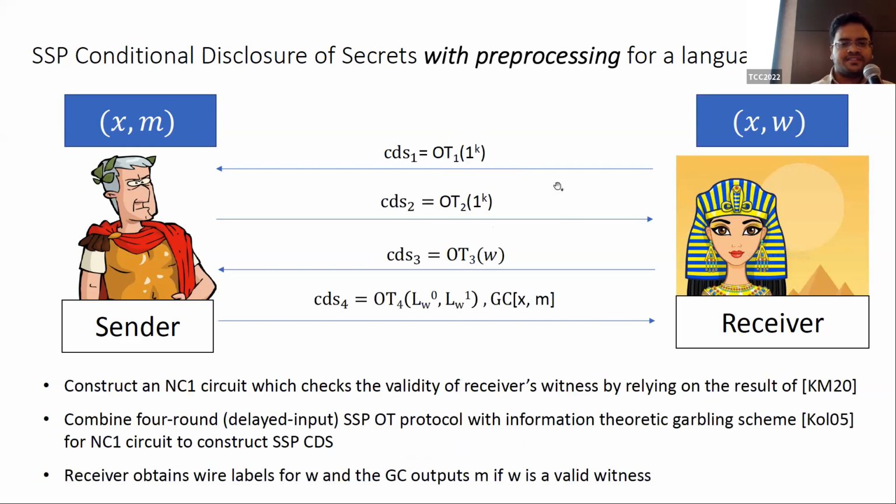So our protocol is kind of similar to the KM20 protocol. We just replace the 2-round SSPOT with our 4-round SSPOT, which is delayed input. So if you see the structure, it's exactly the same. So that's how we construct our 4-round SSPOT protocol. This allows us to get new instantiations of SSP conditional disclosure of secrets from CDH and